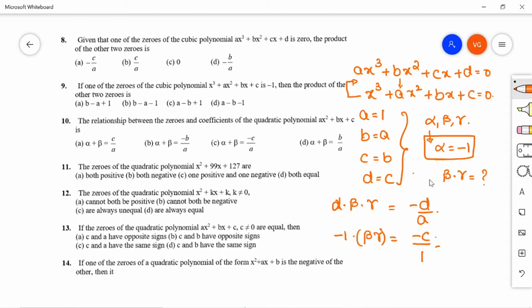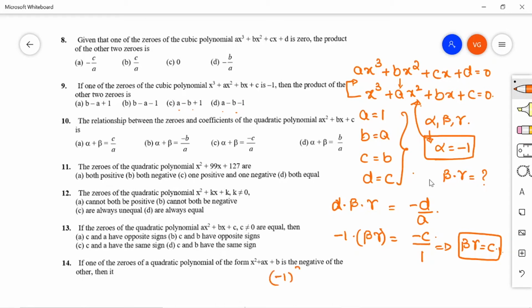A is 1, right? So here the product of the zeros, that is alpha beta gamma, is equal to c, we have to get, right? But the solutions are in terms of a and b. So we have to get this product in terms of a and b. For that, let us put alpha is equal to minus 1 in the equation. As they are telling, this is one of the zeros of the cubic polynomial. Then if you substitute, it has to satisfy.